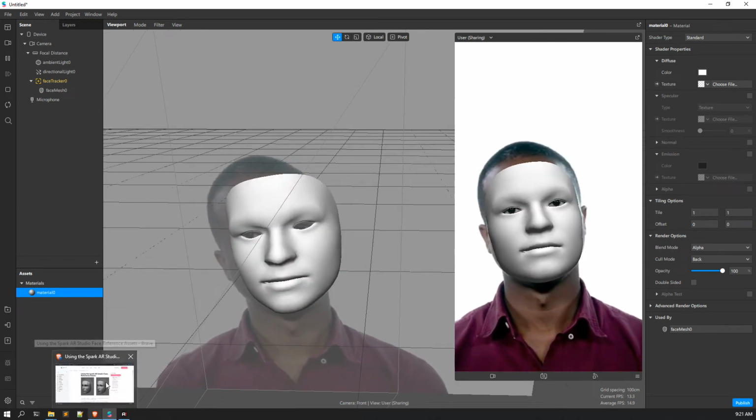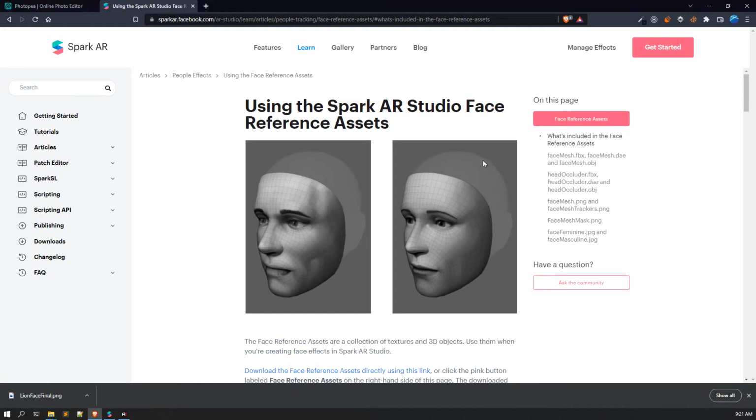Go to your browser first. All right. Download these face reference assets, because these face reference assets are going to be really useful to us. All right, so just go to this particular website. You can simply write on the internet Spark AR face reference assets. All right, you would get them in there. Now what you can do is click on this face reference assets, and it would start downloading a